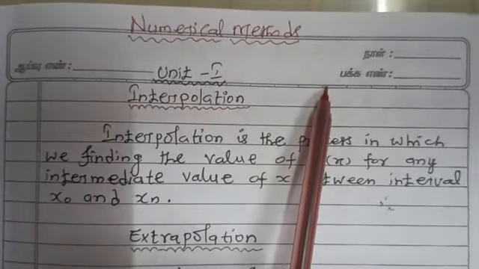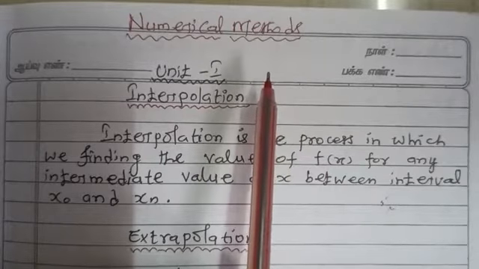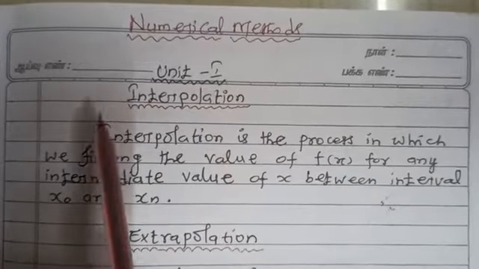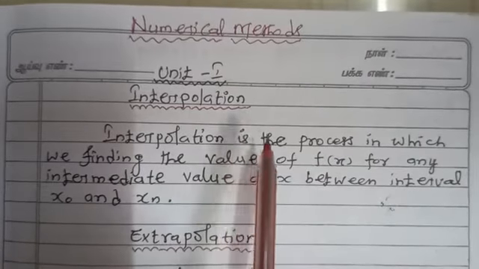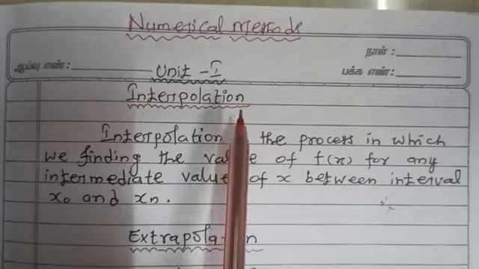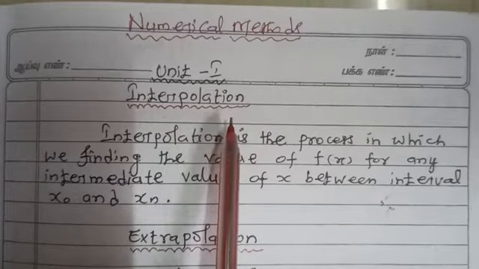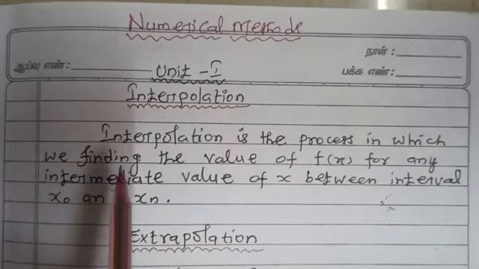Numerical methods. In numerical methods there are 5 units. First unit, interpolation. Interpolation means what? Interpolation means intermediate of two values. We have to find out the intermediate of two values. The definition for interpolation